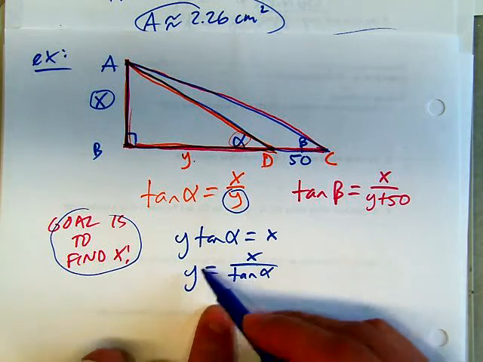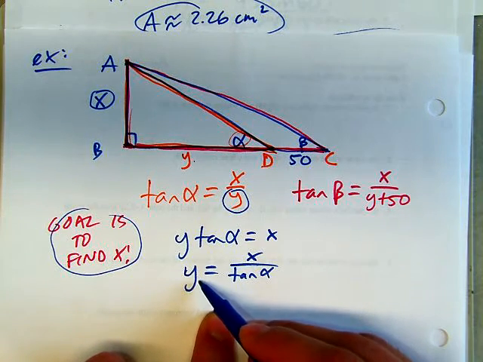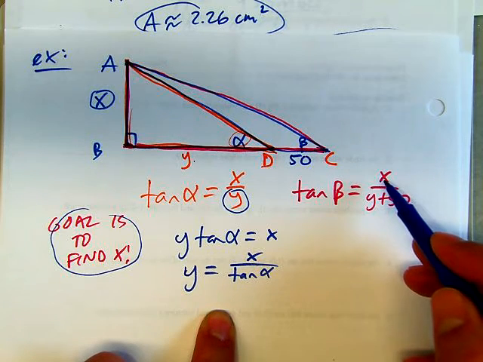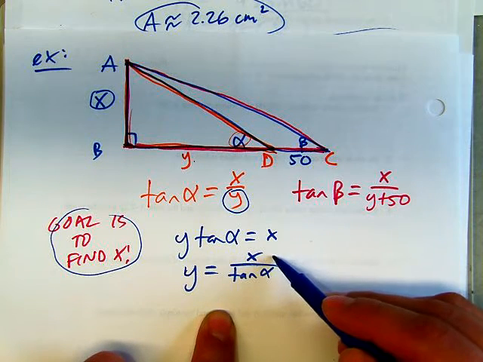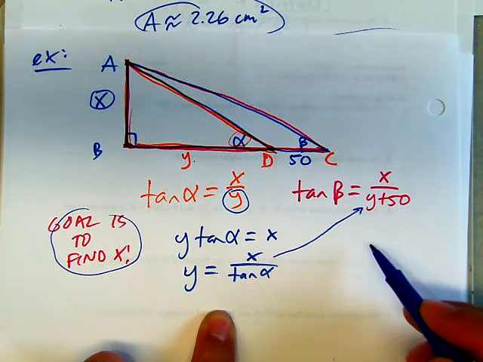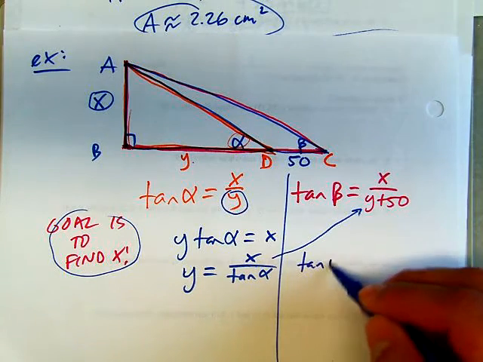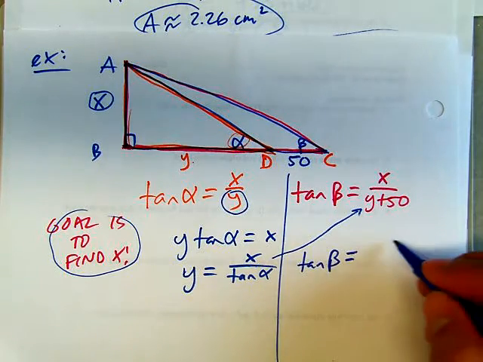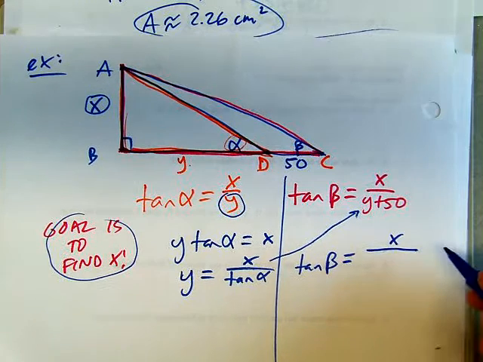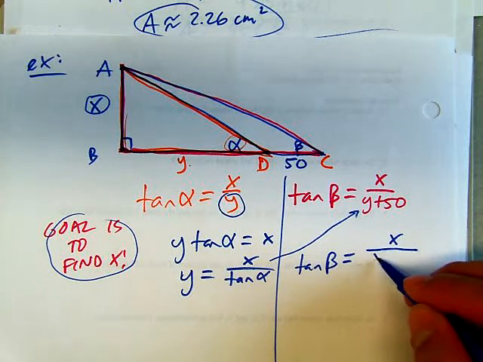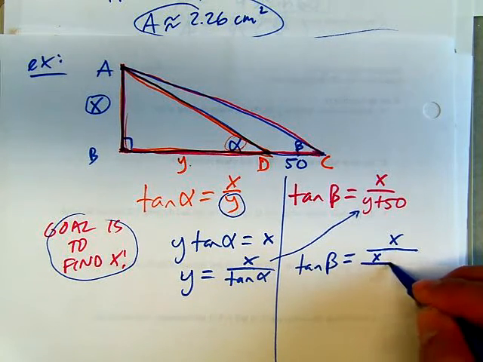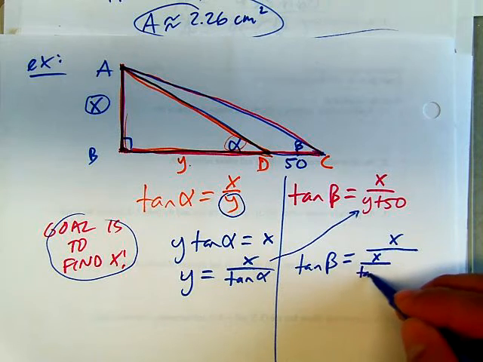And just like any other system of equations, if you know what one variable is, then what you can do is take that and substitute it into the other equation. So we're going to take this and substitute that right in there. So now I have tangent beta is going to equal x over x over tangent alpha